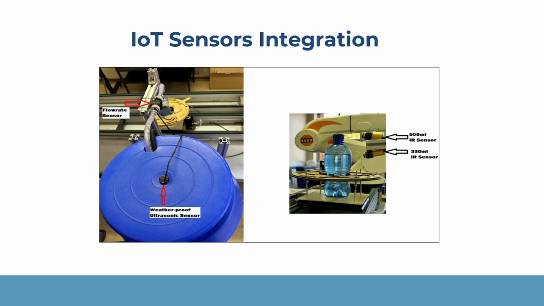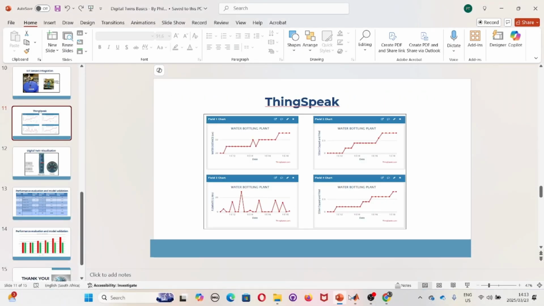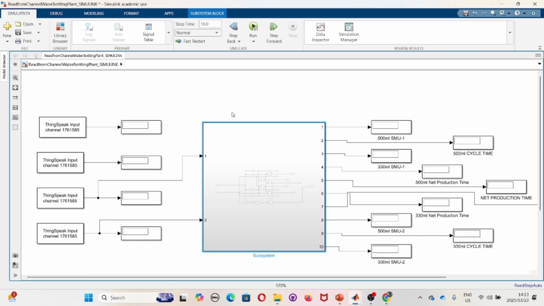So after identifying the IoT sensors and the compatible microcontroller, these sensors were then integrated into the water bottling plant, and their data was then sent to ThingSpeak, which is a cloud platform. On ThingSpeak, a channel was created with 4 fields, one field for each sensor. So this channel will then assist our model in doing these cycle time calculations. As you can see in our model, we have